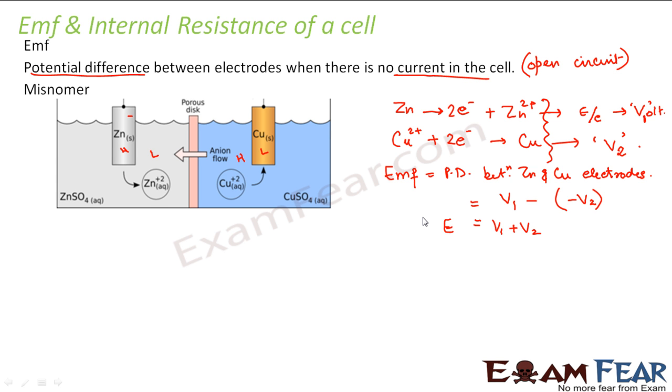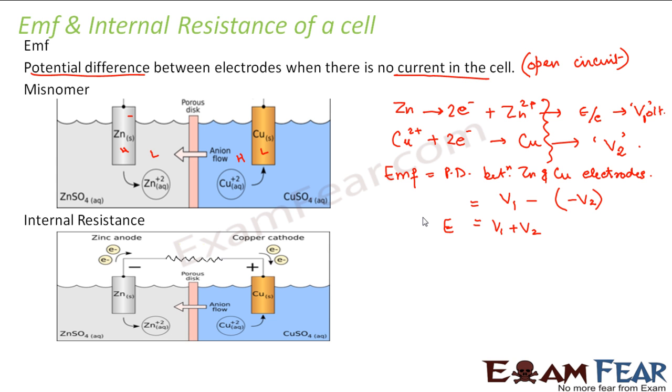But for now, you understood what is EMF, right? So now is the turn to talk about internal resistance again. Just in the previous slide, I told you what is internal resistance. Now I will tell you how internal resistance plays a role in case of a cell. So now let us suppose that I connect it to the external circuit. Let us say I have connected it to an external resistor R.